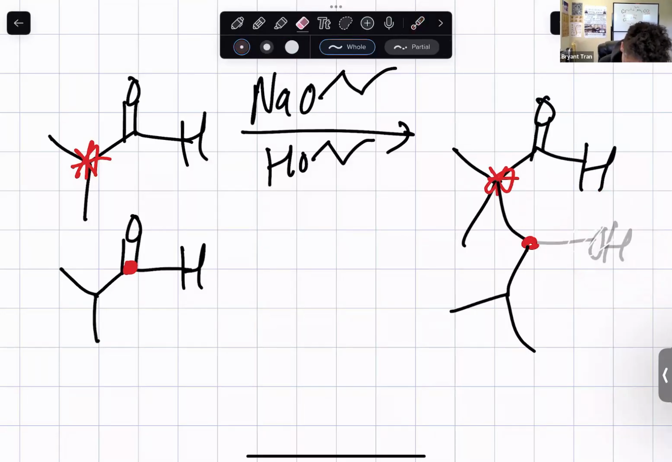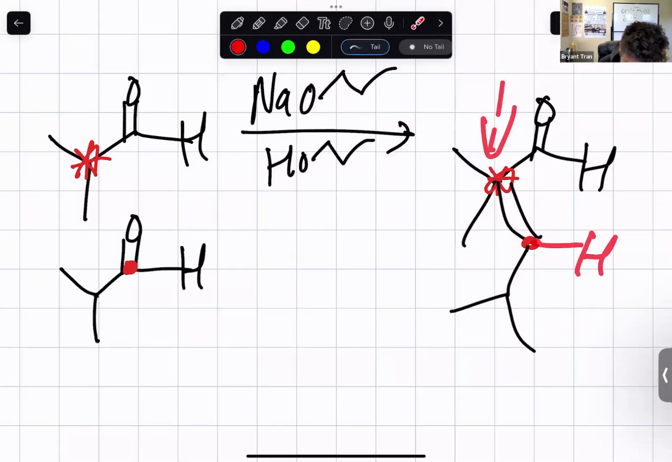Because let's try to do that. Let's erase that OH and put a double bond between the star and dot. There's a big problem here, right? Especially for this carbon and this carbon here, because remember, this carbon still has a hydrogen. They break the octet rule,